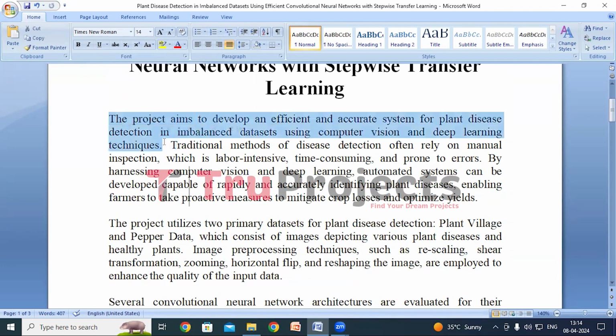Plant disease detection and classification involve the identification and categorization of various diseases affecting plants through the analysis of visual symptoms present on plant leaves or other parts. This process is very important for agricultural management as it enables early detection and targeted treatment, thereby minimizing crop losses